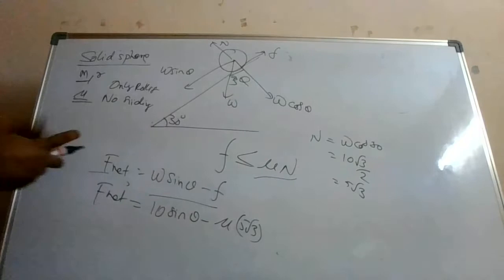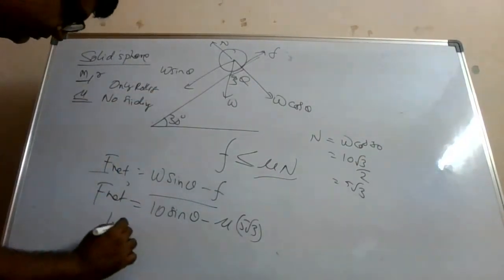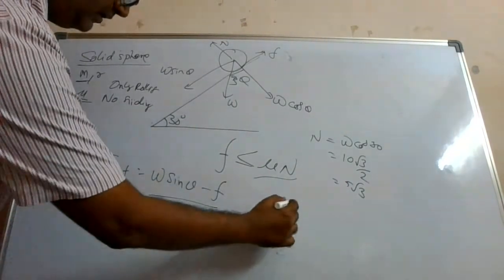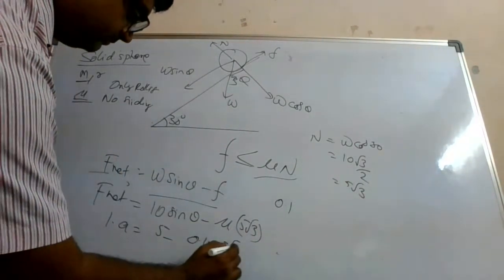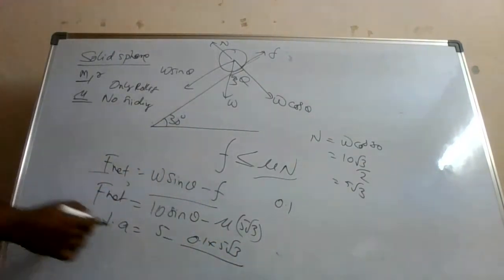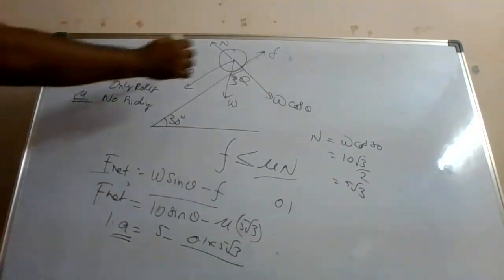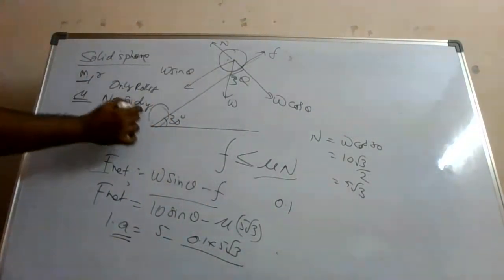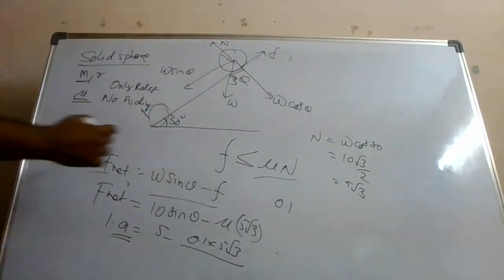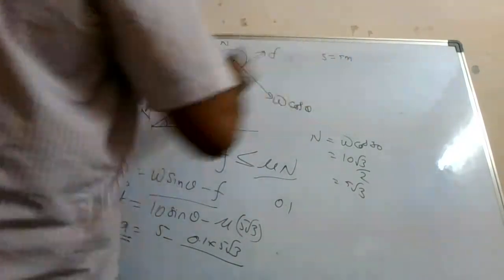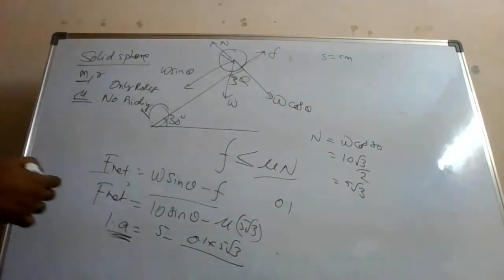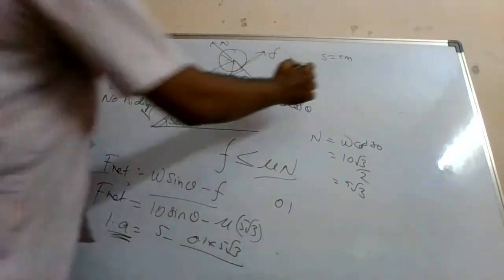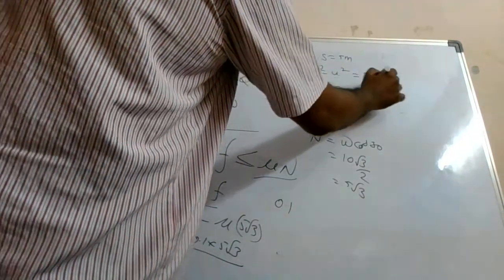How much? So mass here is given as 1 kg. So mass 1 into acceleration is equal to, this is 10 sin 30, which is 5. Mu value is, let us say, 0.1. So 0.1 into 5 root 3. Alright. So you get a value here for acceleration. So this object from here to here, it is rolling down. Alright. So if this distance is given to you, let us say as s is equal to 5 meters, you know the acceleration, and you can find out the speed also with which it is rolling down. Okay. How? By applying v square minus u square is equal to 2as.